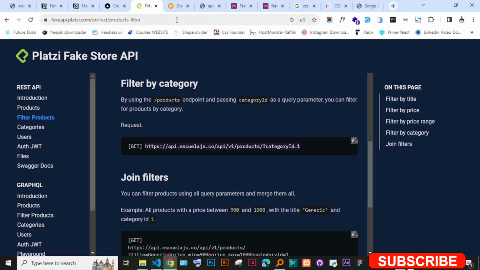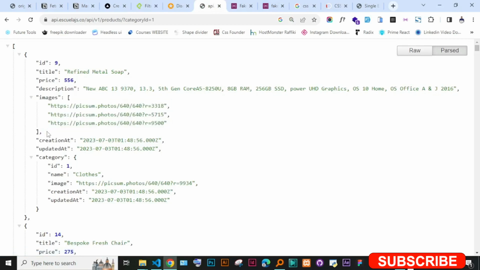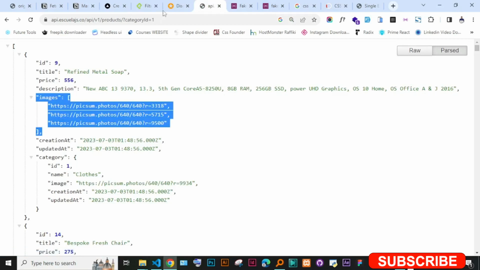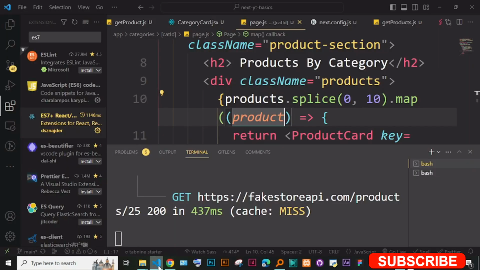Okay, remember, if you go to this link here, let's look at the products. I think we have them here. So you can see we still have this thing of images. Okay, we have our images, and that's why this image is not showing off. It is located on images at 1. You get it? It is an array of images. Okay, it is an array of images,